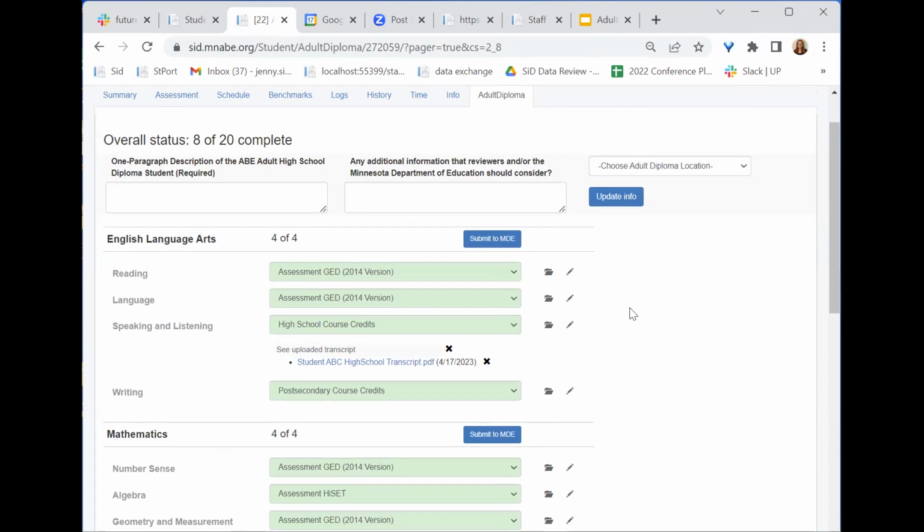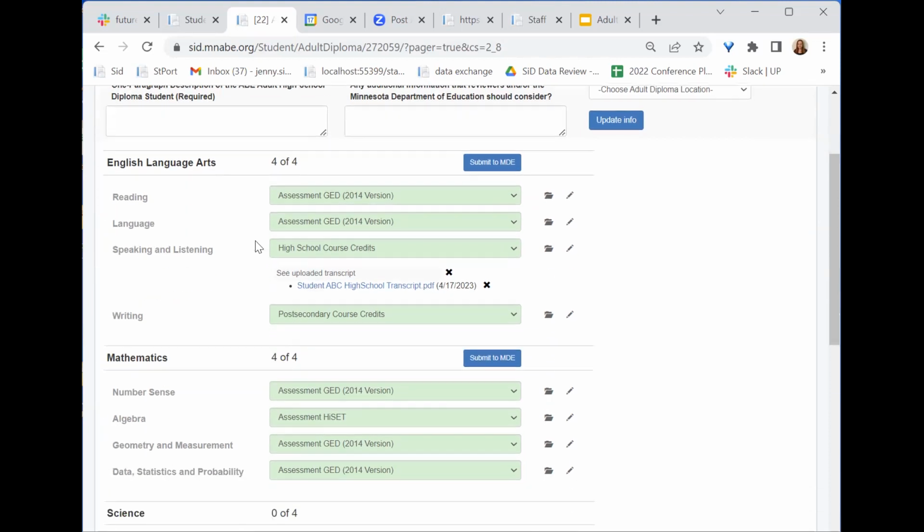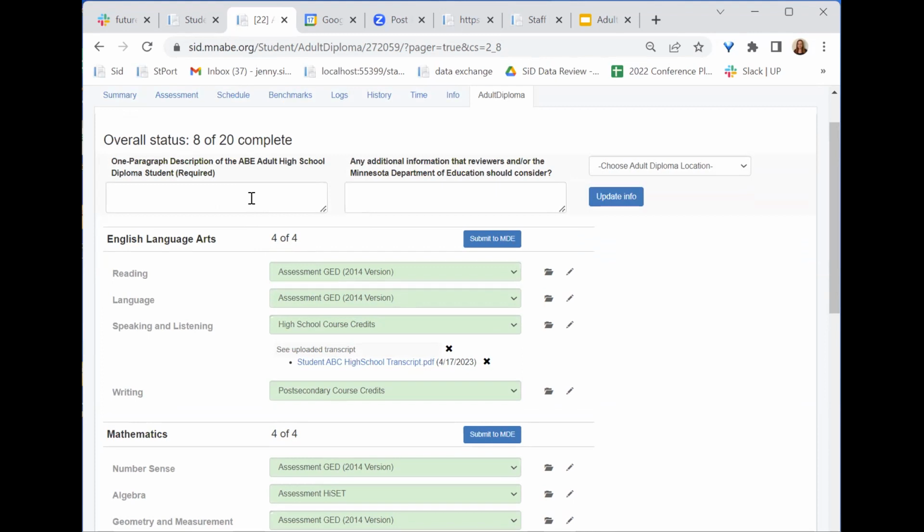The one thing I want to mention before we go into that little discussion is at the very top of this page, it looks kind of haphazard in a way, because you can skip right past it and not think much about it. And you probably do that after you've done a few students. You probably scroll right past that. But the first box is where you're putting in a one-paragraph description about students. So you can just type that in.